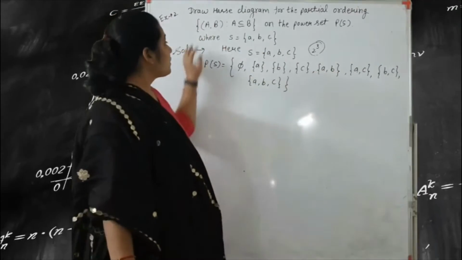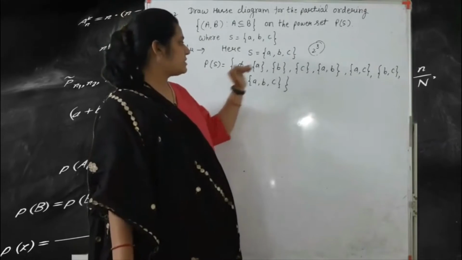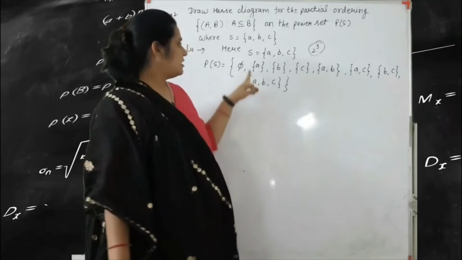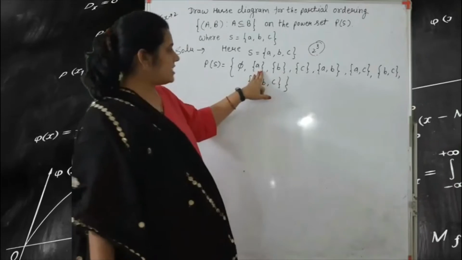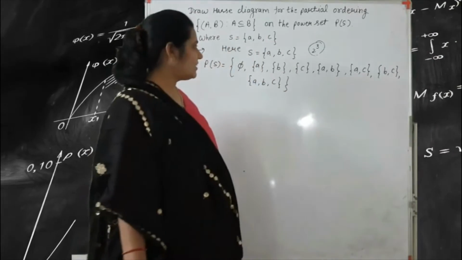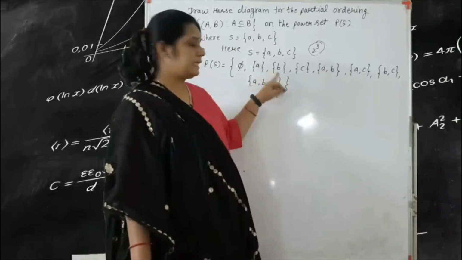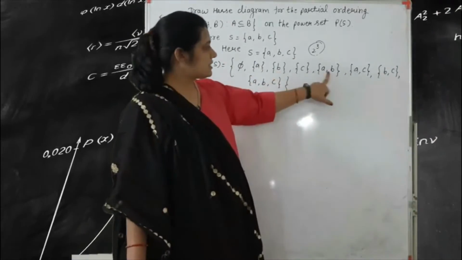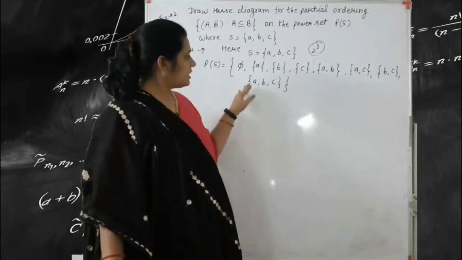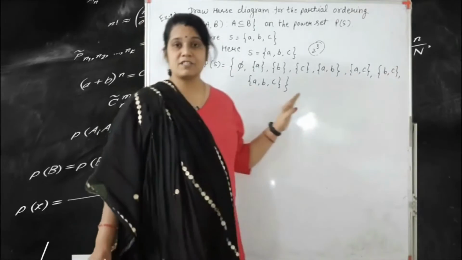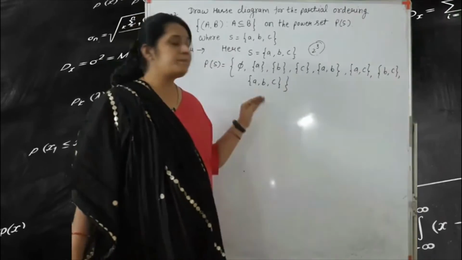Okay. And what is given in the relation? Relation is ϕ subset A, ϕ subset B, ϕ subset C, A subset B, A subset C, or A subset AB. Okay, so here listen carefully. A subset AB, but A not subset B. B subset AB. Okay, C not subset of AB. Okay, so with the help of this relation, that means the power set, we draw here the Hasse diagram. Okay, and this is the partial order relation.